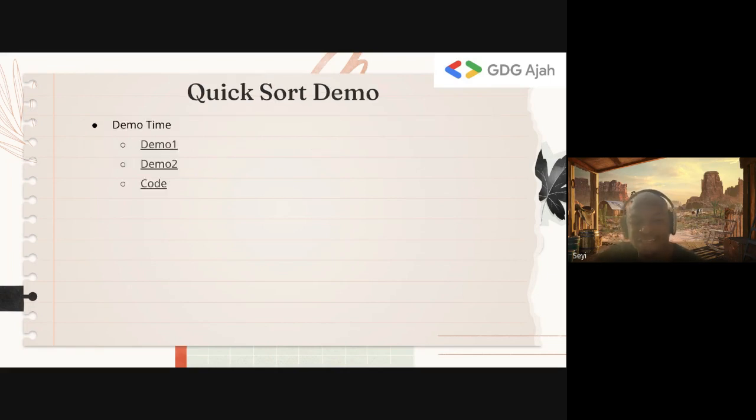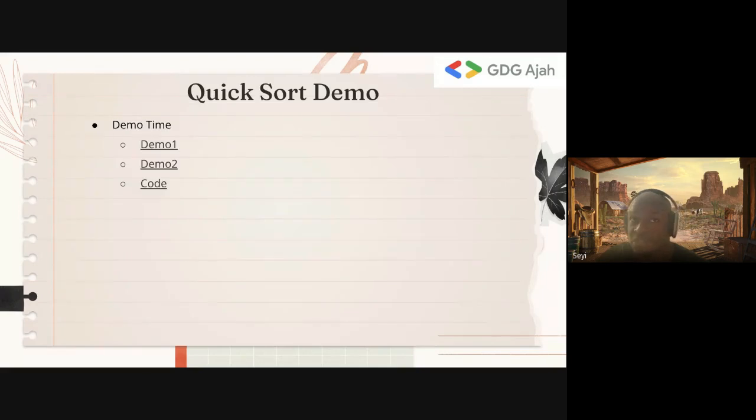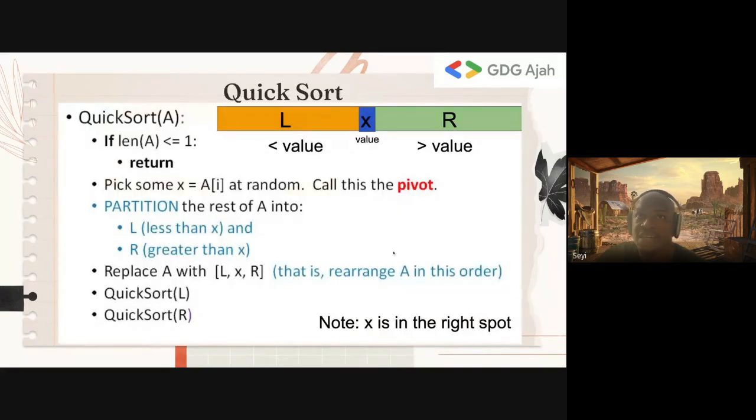Now, with quicksort, I didn't really get a lot of good visualizations that really show what is happening. So I found this. I will come back to demos later. The thing here is, you have an array and you have a value. You are going to partition the array such that all the elements that are less than this value are to the left of it, and all the elements that are greater than that value are to the right.